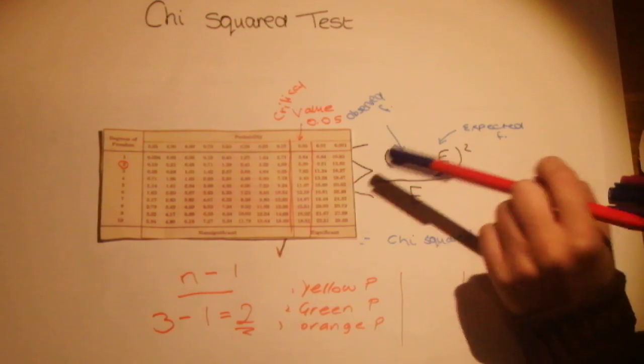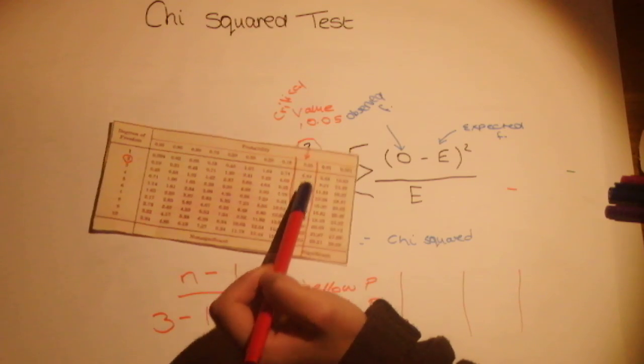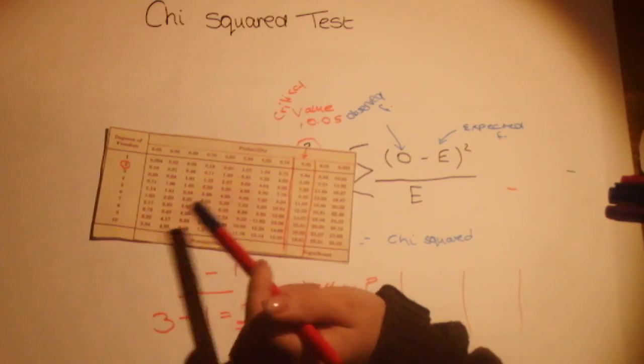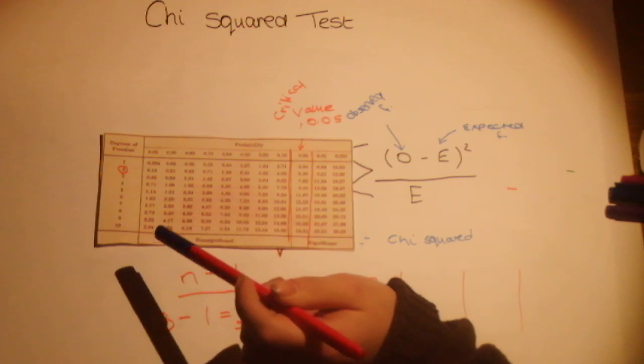So the critical value is extremely important. And as it gets bigger, your value has to be here or afterwards. It can't be before, because that means that there's a greater likelihood of